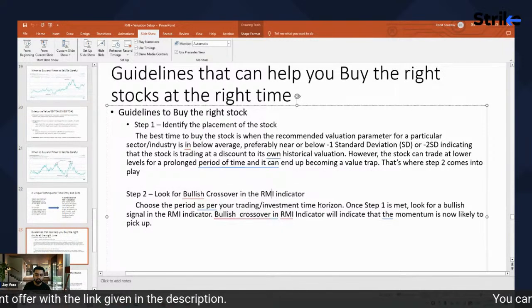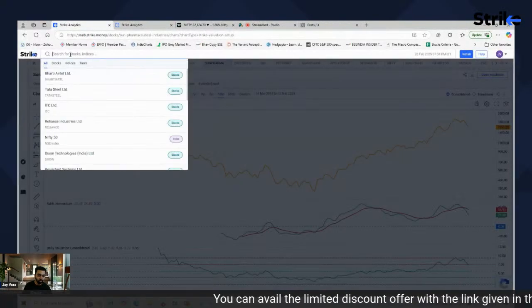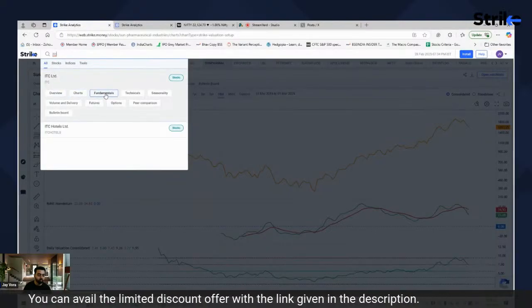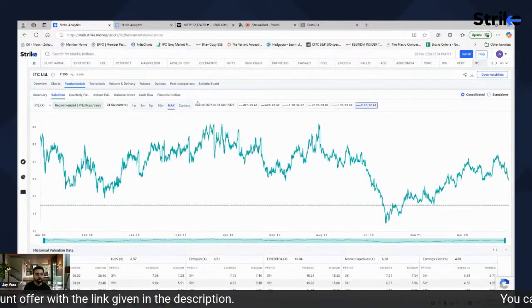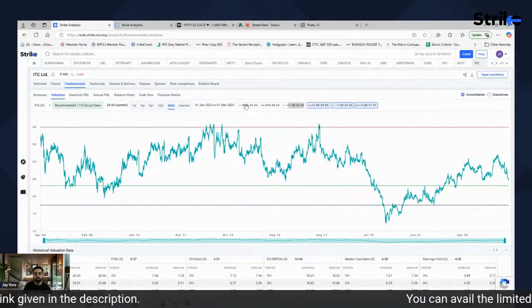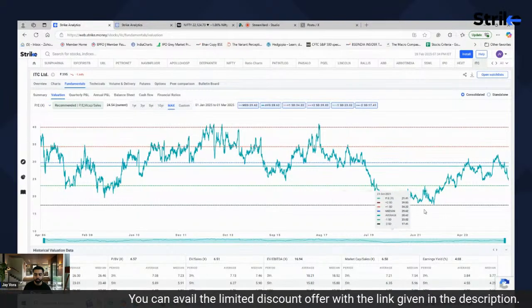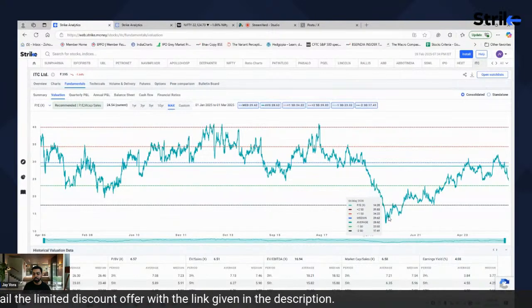Okay, the second thing is to watch out for the setup on RMI and whether it is holding above the averages or not, and that's where your position sizing will come into play. So say for example, there was this stock ITC. I'm very sure you might have heard of all the memes if you have come after 2020, about when its blood will boil, blah blah blah. I mean, there were so many memes because the market used to run and it used to literally do nothing,